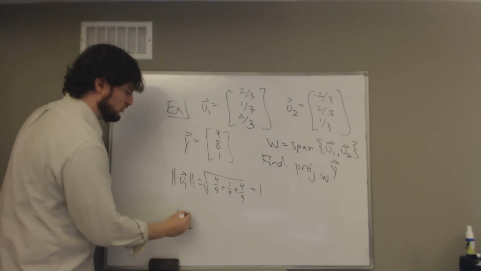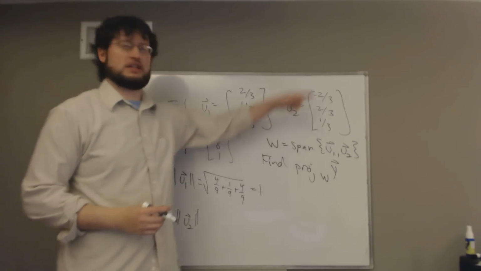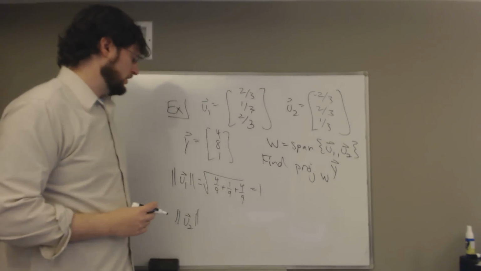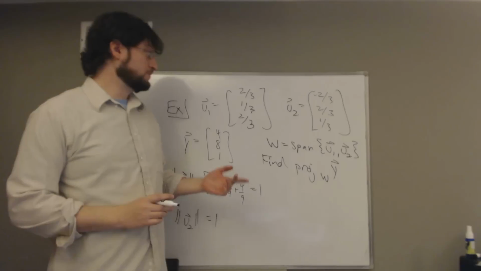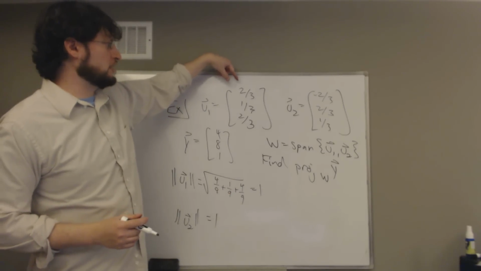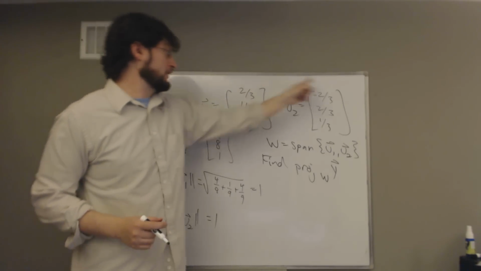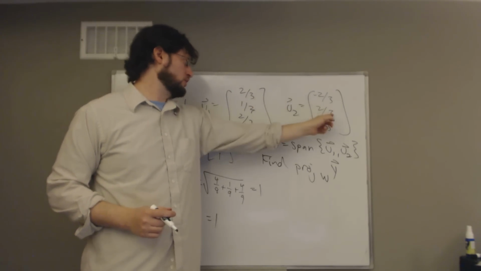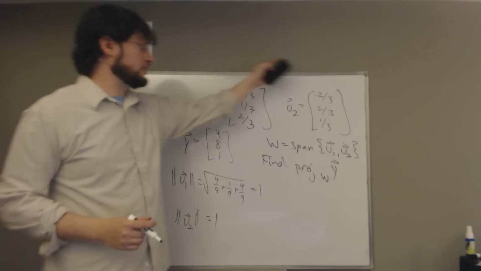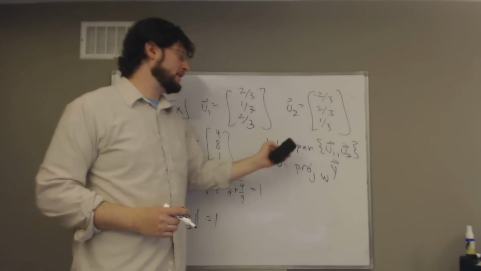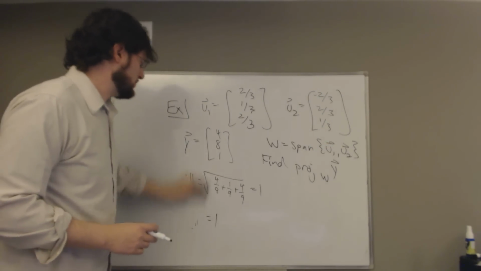And the length of U2 is the same thing, because I get 4/9, 4/9, and 1/9. So that's also 1. So both of these vectors are unit vectors. And second, they're perpendicular, because if I dot them, then I get negative 4/9, I get 2/9, and I get 2/9, which makes 0. So this is an orthonormal spanning set for W, which means that if I want to